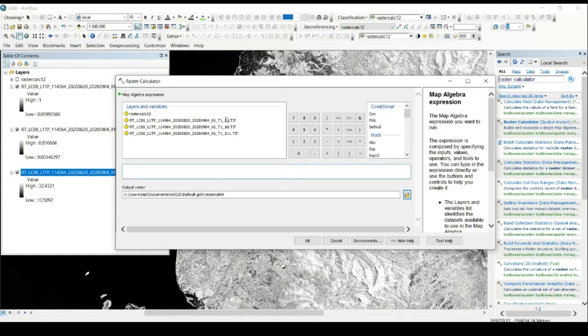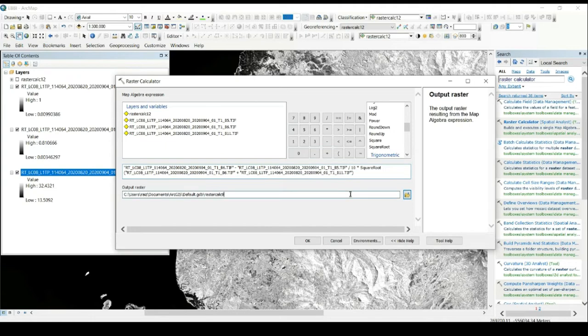As I mentioned before, we need band 6 minus band 5, and then we divide by 10 multiplied by the square root of band 6 plus band 11.